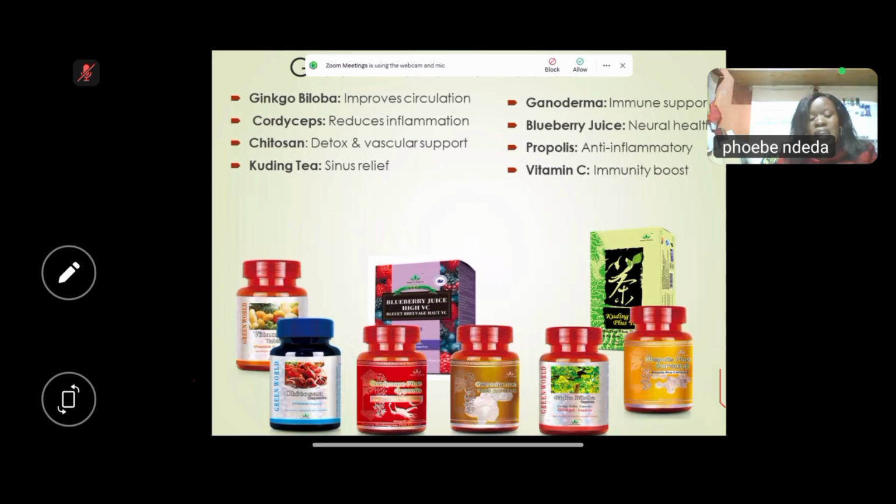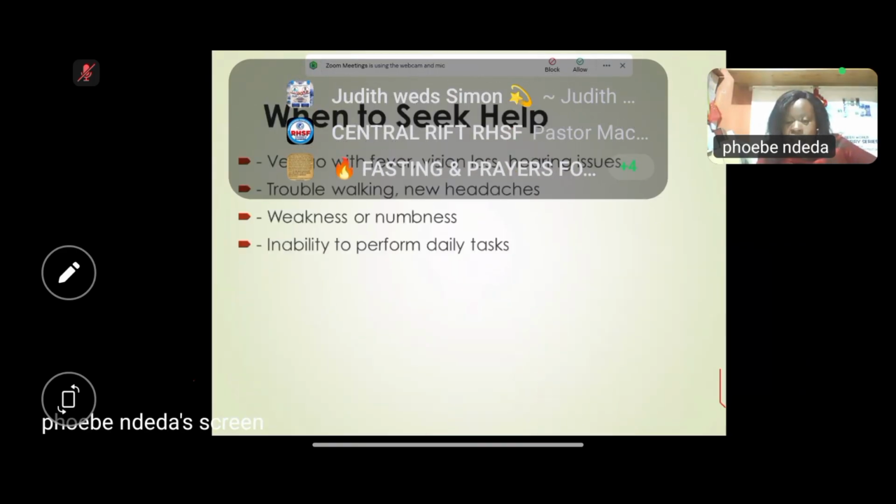We have Kuding tea, which can help relieve sinus congestion, and others. You can also add their Jinpu tea and even the capsule itself, very good. You also have Ganoderma. You can use that one for immune support. You can use blueberry juice. You can use propolis as an anti-inflammatory, and also you can use vitamin C. Now, lastly,